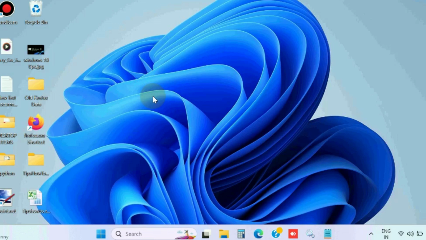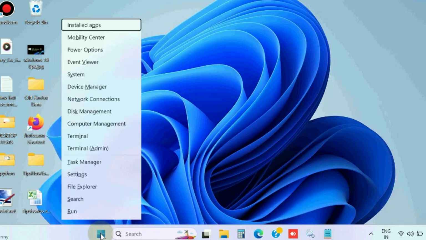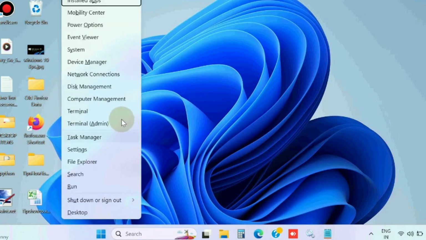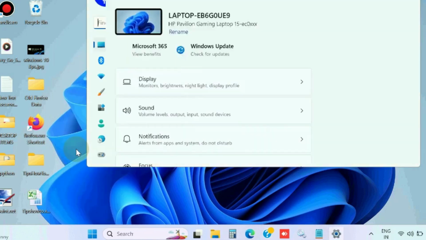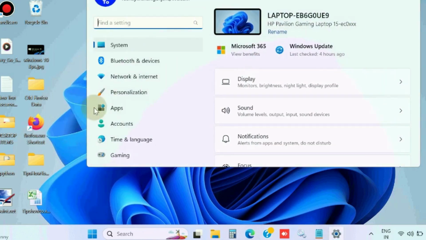So the first workaround to fix this issue is run Windows Microsoft Store app troubleshooter. Right click on start button, choose settings, and in settings window from the left pane go to system settings, and from the right pane click on the option